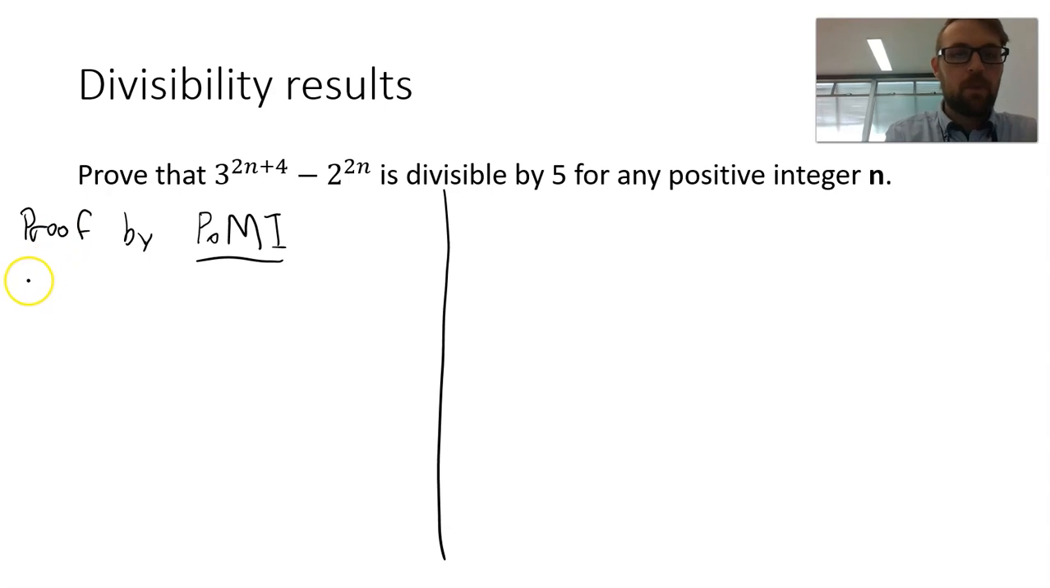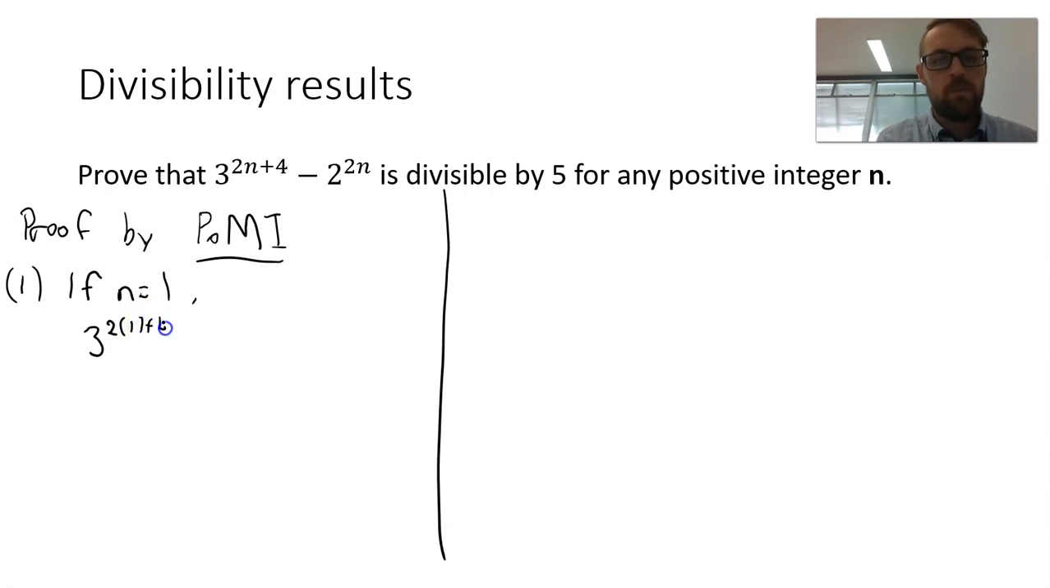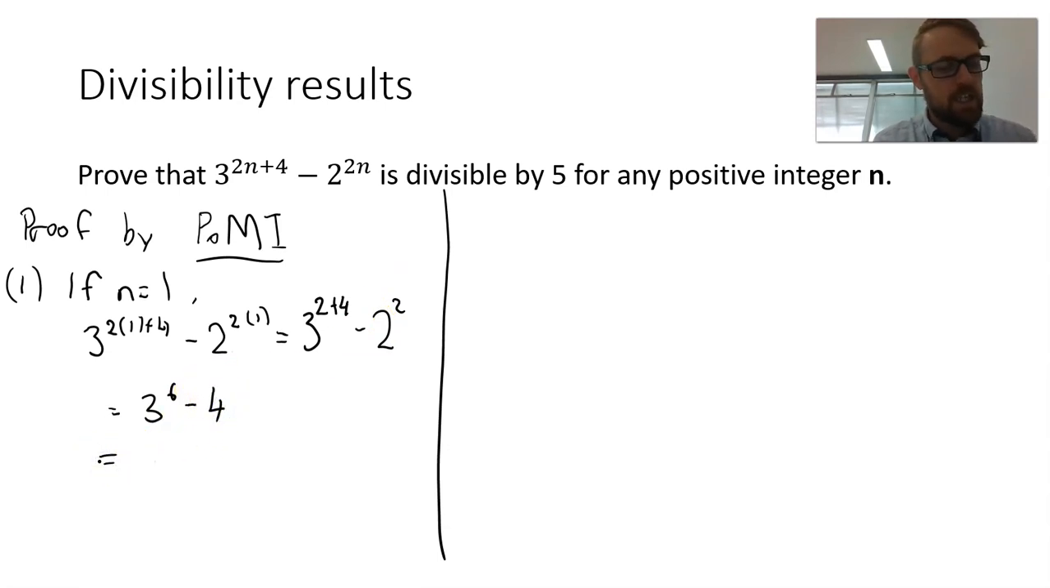So firstly, step number 1 is we want to prove it for P of 1. So if n equals 1, what we get is 3 to the power of 2 times 1 plus 4, subtract 2 to the power of 2 times 1. If we simplify that, this is going to become 3 to the power of 2 plus 4, take 2 to the power of 2. So this is going to equal 3 to the power of 6, take away 2 to the power of 2 is 4. Chuck that in your calculator, you get 729 minus 4, which equals 725,